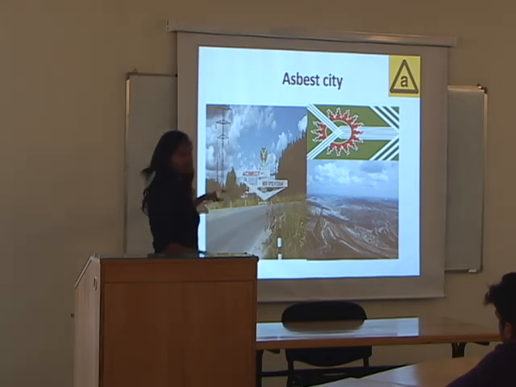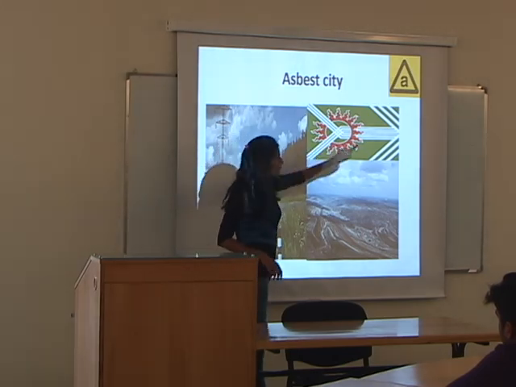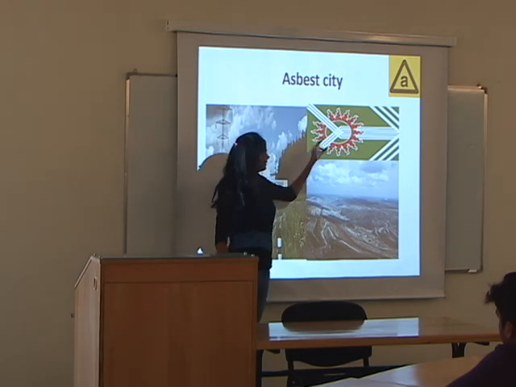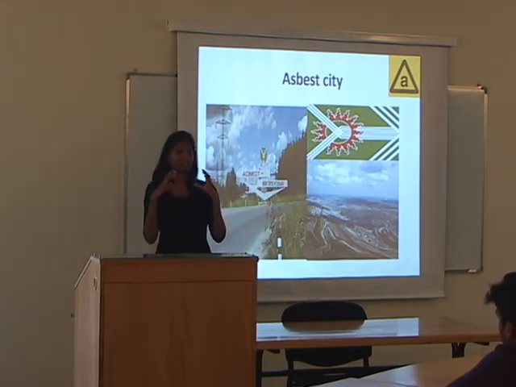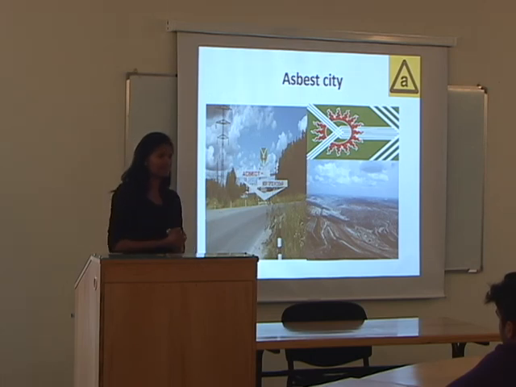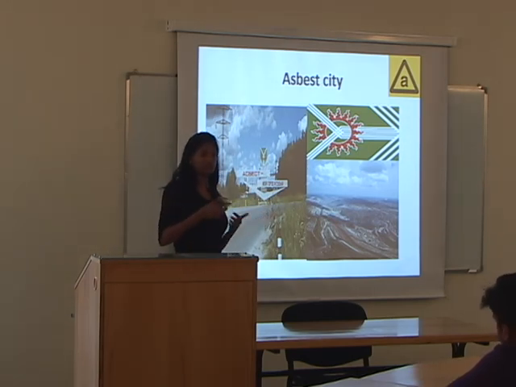This is the entrance of the city, and this is their flag. The white lines represent the asbestos fibers, and this one is the ring. It represents heat. So it's a symbolization of them. Even on their mill boards, they mention "Asbestos, our future." This is one of the factories. They don't want to ban asbestos, and they are not willing to focus on that.